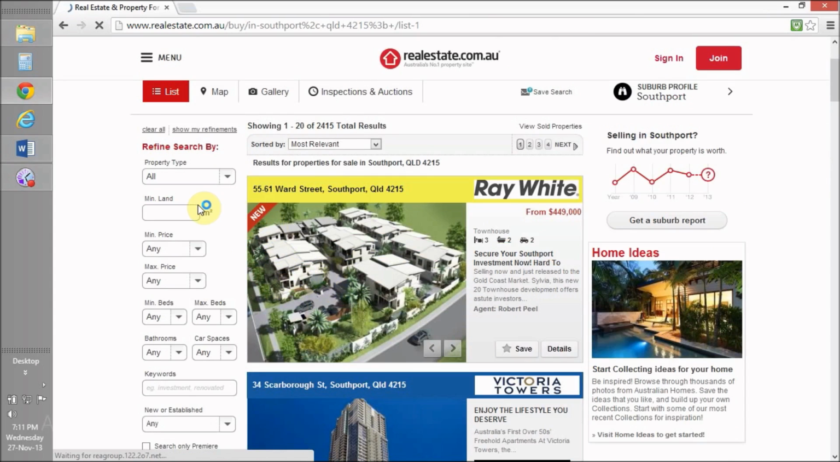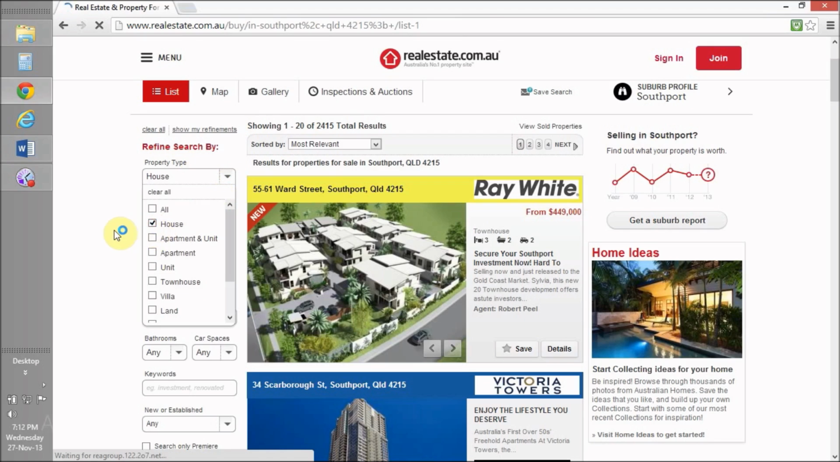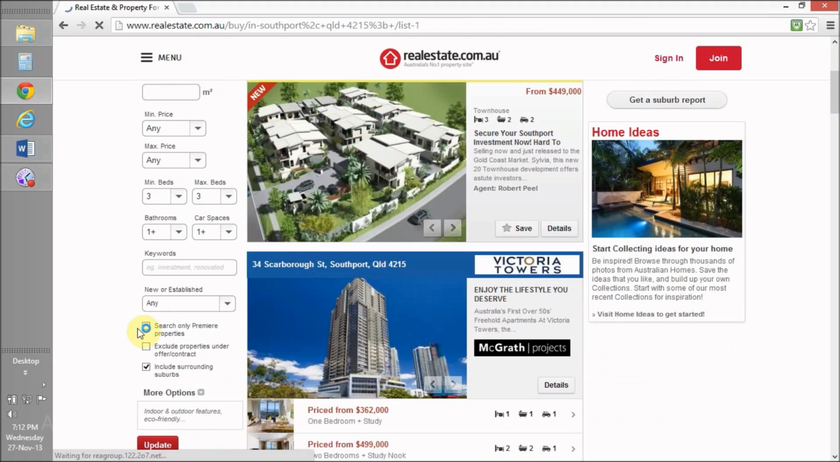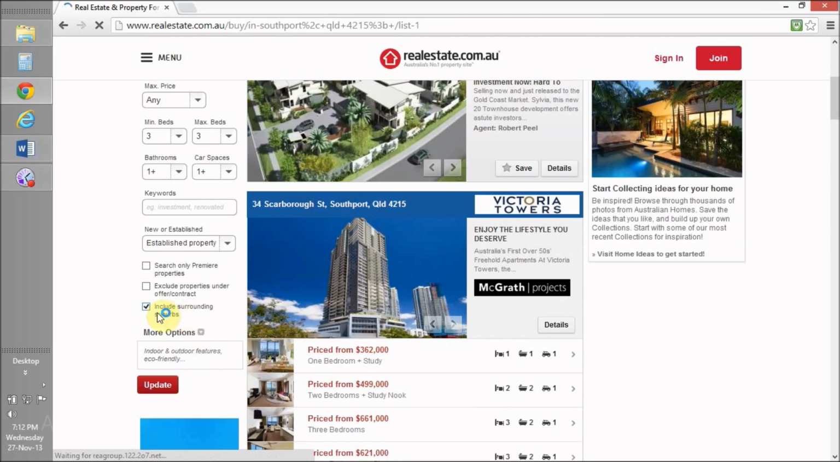Most of you will be savvy with realestate.com anyway, but to refine the search, we just click over there, click on house. Don't need any minimum price, just go 3-bed minimum beds and 3-bed maximum beds. Bathroom 1 plus, car space 1 plus. We're not going to put in any keywords. Just click on established properties, and down here just click